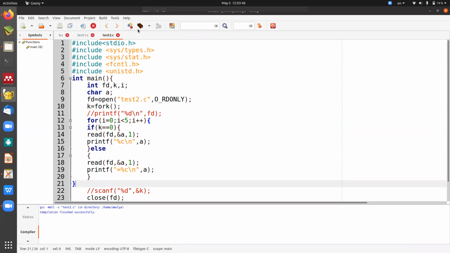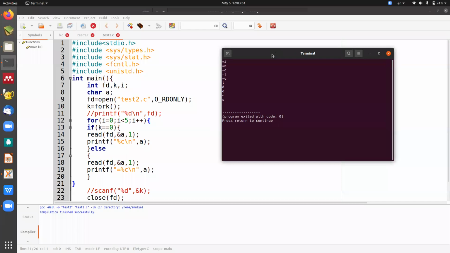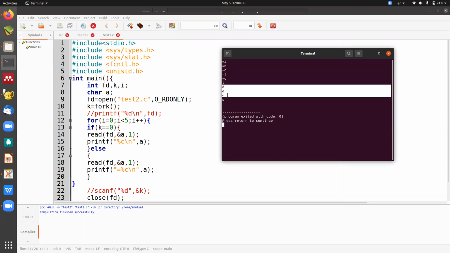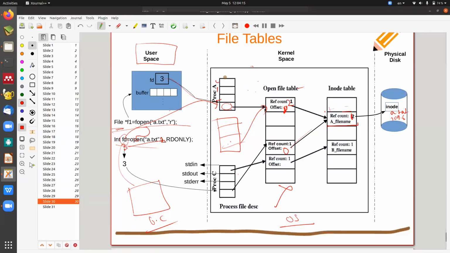Now if you can run this and this. Now if you can see, you cannot find a duplicate here. Has I. #include <stdio.h>. Means what? If two processes belong to the same thread, then definitely which part is copied? This is copied. When it is copied, यहाँ पे reference count 2 हुआ, यहाँ पे नहीं हुआ.